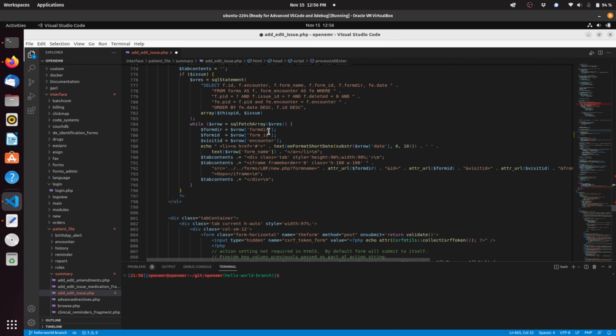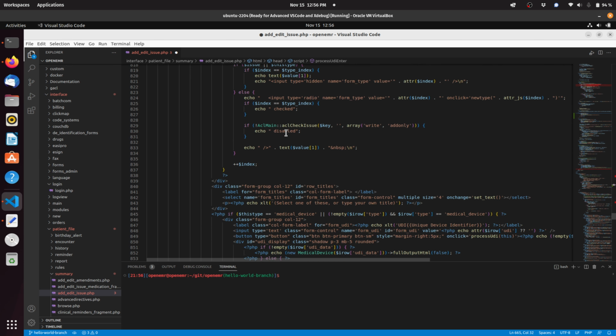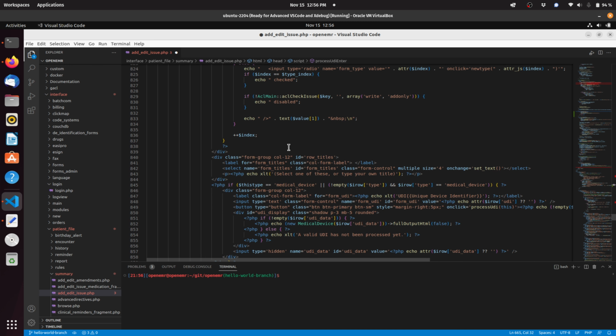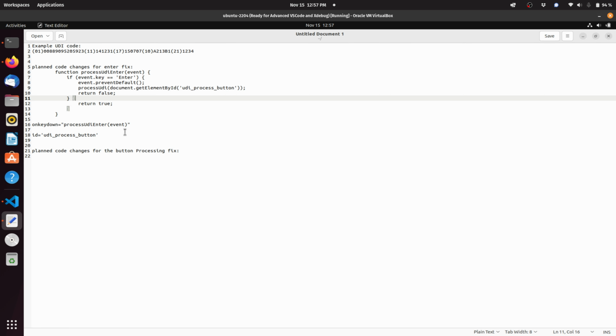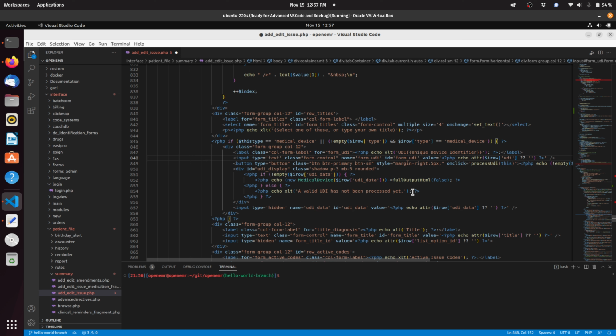So now we're going to go back down to the button and add a couple more elements to make everything work. At the input where you type in, this is the element where a user will type in the code. This is where we need to listen for that enter button. So we're going to put this on key down code right here within the HTML attributes